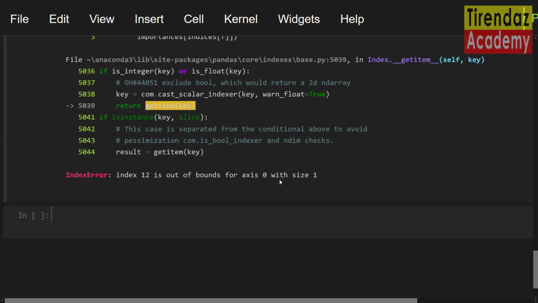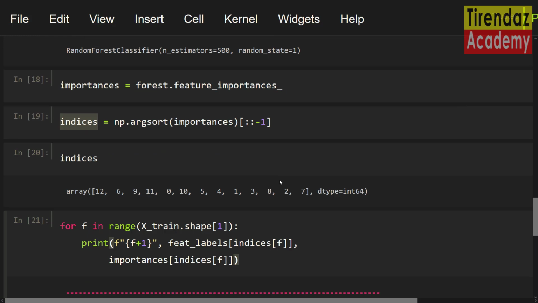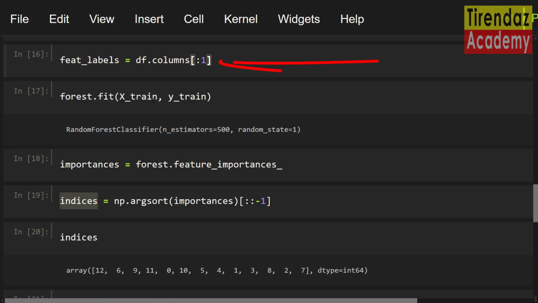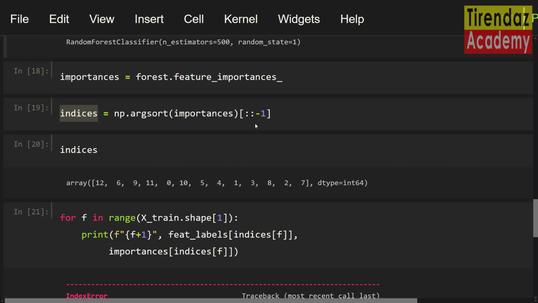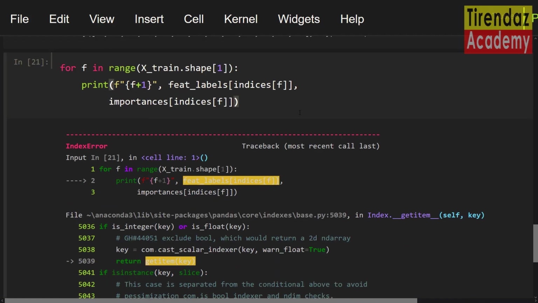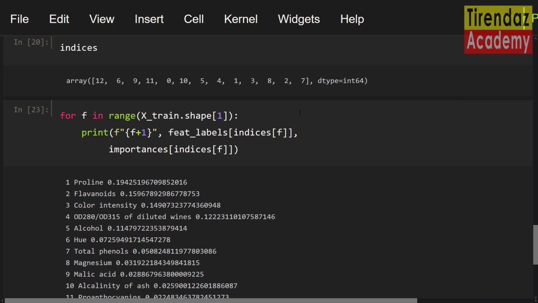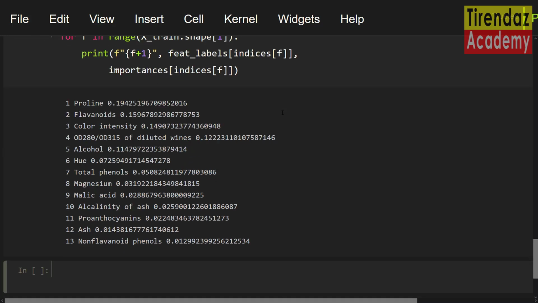I got an error. Let me fix this error. I just changed it. Let me run this cell. Okay, I solved the problem. On the screen, you can see the importance values of the features in the dataset. The most important feature is proline, then flavonoids.